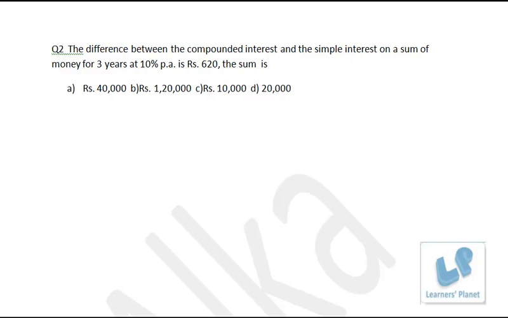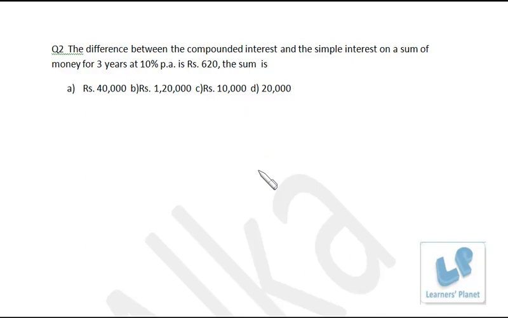rupees, right? And if we talk about compound interest, that is nothing but interest on interest, right? So it will be interest on 3,000 rupees, that is 3,000 is simple interest and compound interest will be interest on this 3,000. So around it will be 300 or 325 something, right? I'm not getting the actual calculation, I'm just getting the around idea. So the total compound interest will be 3,300 or something, and the simple interest is 3,000. So the difference between the two is 300, 325, 330, something like that, right? But we want the difference to be 620. So 10,000 is not the correct answer.